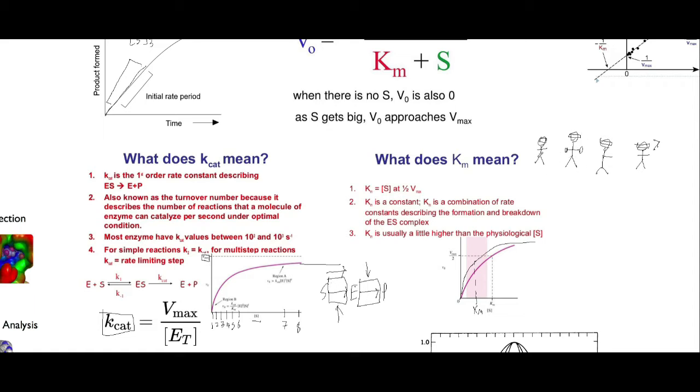Each one of your punches is going to end up connecting with somebody, and that's what we see here. As we increase the concentration of our substrate, which is kind of like the other people in the room. You are the enzyme. They are substrate molecules. So you see, if you increase the substrate, the chances that it's going to run into an enzyme molecule and become catalyzed increases. And so it increases up and up and up. But then we reach